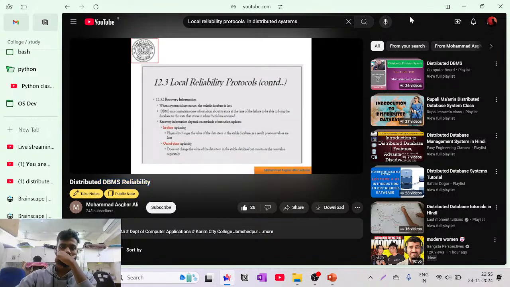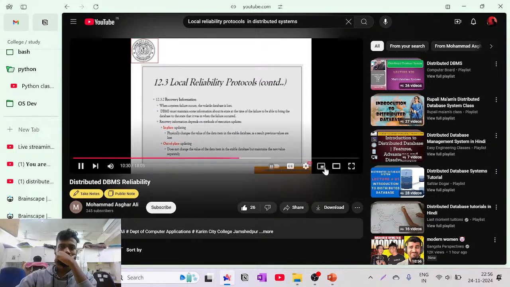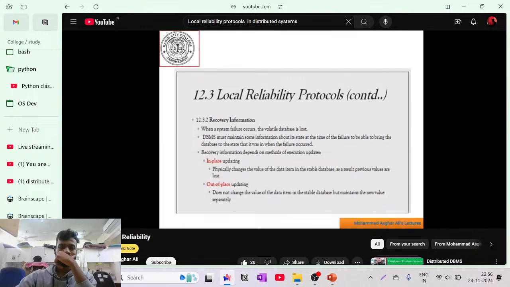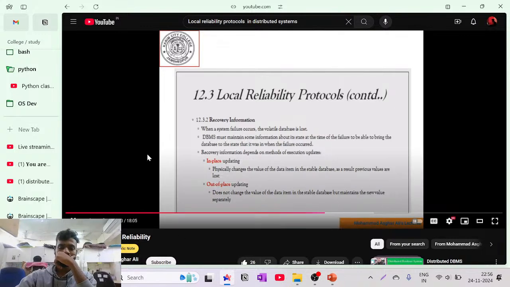Next one is recovery information. When a system failure occurs, the volatile database is lost. The DBMS must maintain some information about its state at each time of failure to be able to